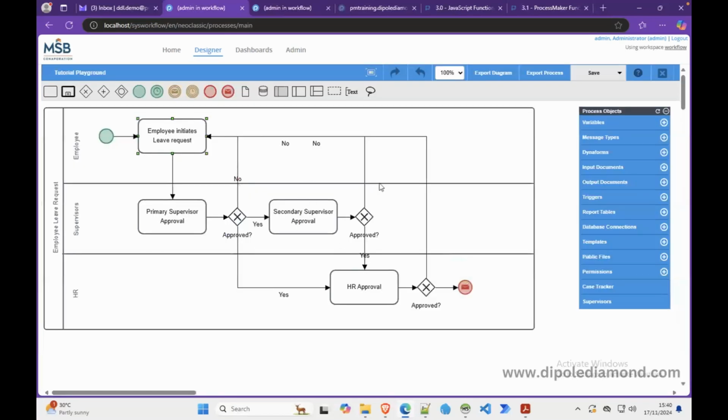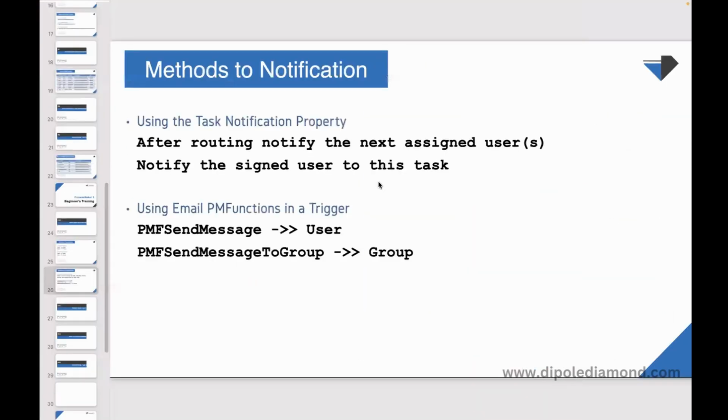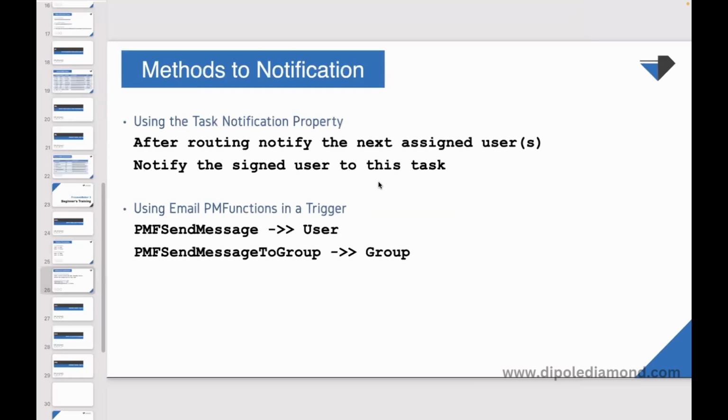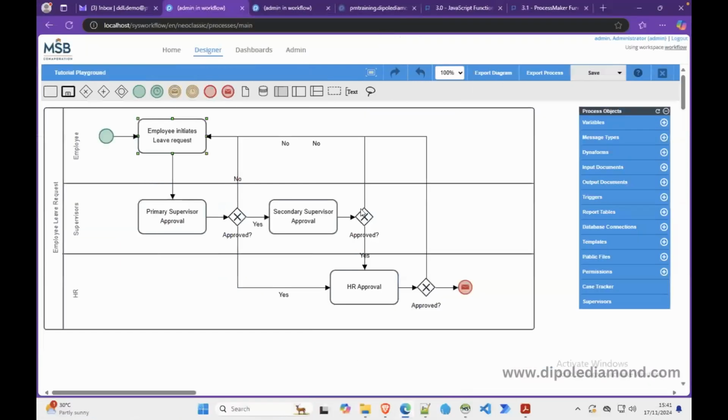So let's look at this very well and ask ourselves, how are we going to employ this particular method? We have two options. It's either we set the email message that the assigned user of the next task will get, or we set the email message that the signed in user, the user assigned to the current task, will get. Okay, so looking back at our design,